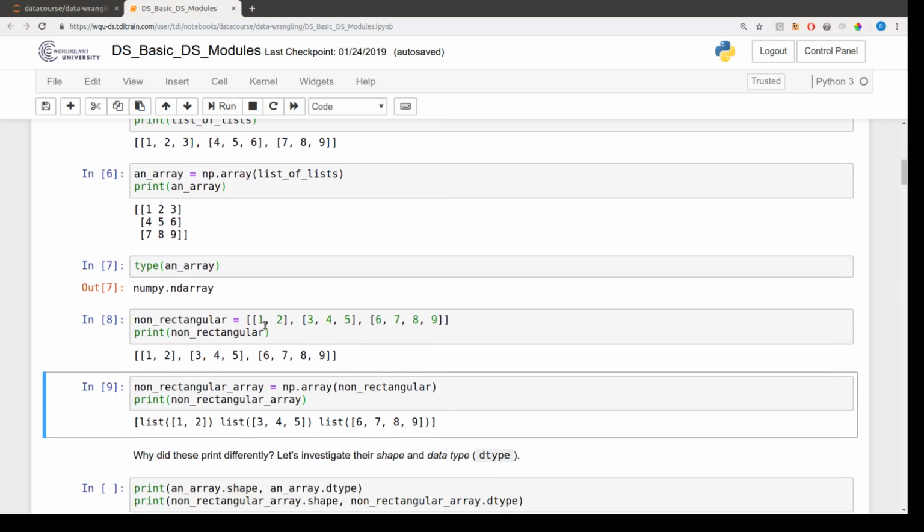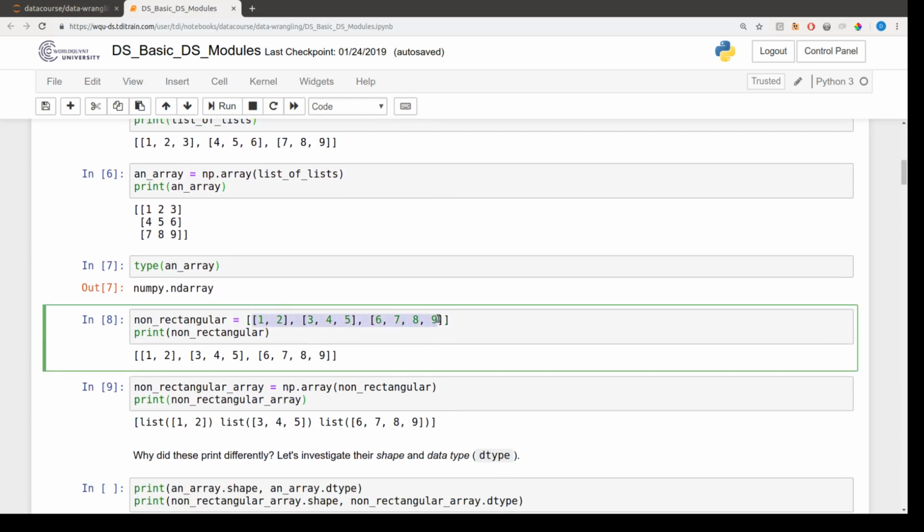When NumPy tries to interpret this list of lists, it says, okay, the first row has 2 elements, the second row has 3 elements, the fourth row has 4 elements. Well, that's not a rectangular shape. I can't coerce that into being a rectangle. So I'm going to do the next best thing and assume that each of these lists is itself a single object. And so instead of having a